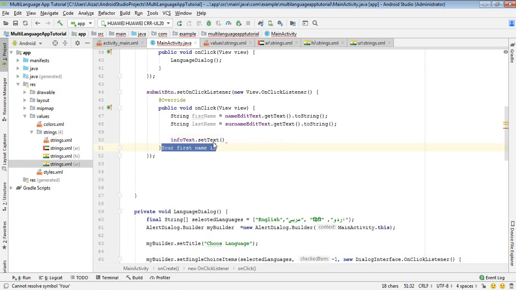So I want that when I change the language, my information should also be changed in the other